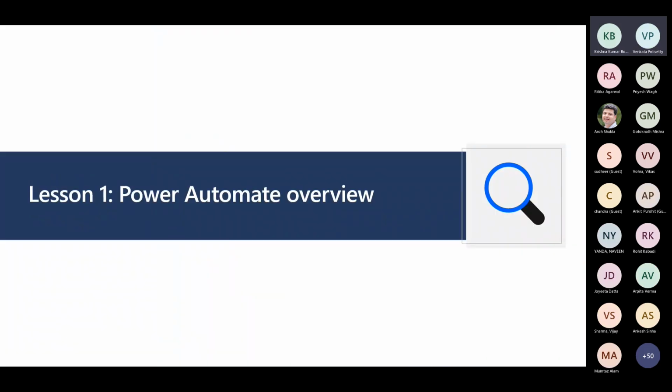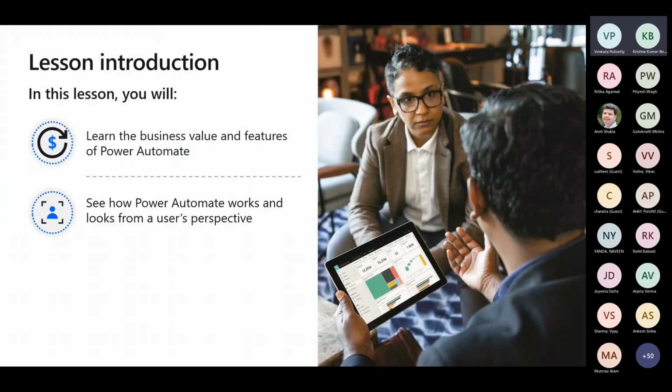So I'm going to tell you about the Power Automate overview. Why do we have to use this particular Power Automate, and what is the main fundamental here? One thing I would like to tell the audience is this: